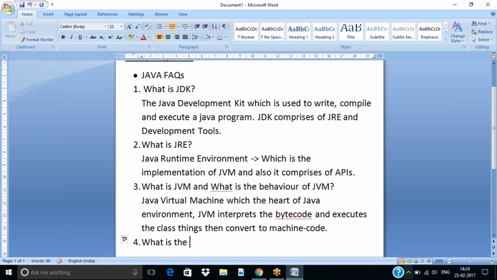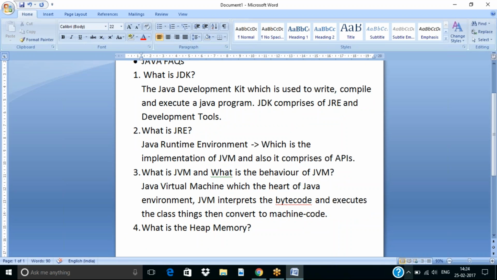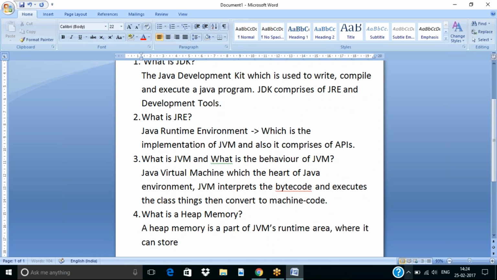So what is a heap memory? What is a heap memory? A heap memory is a part of the JVM's runtime area, where it can store